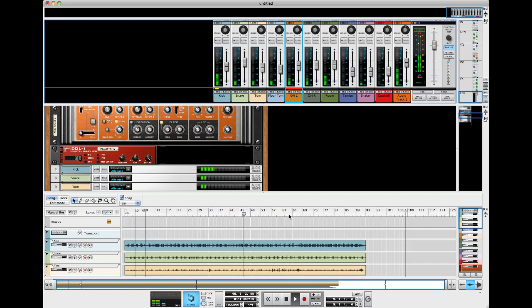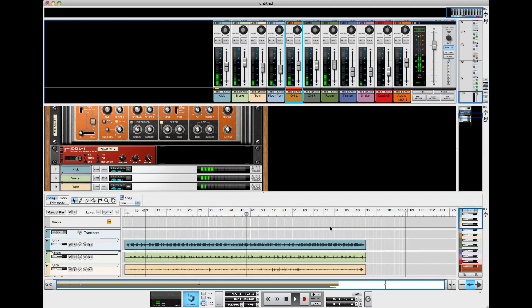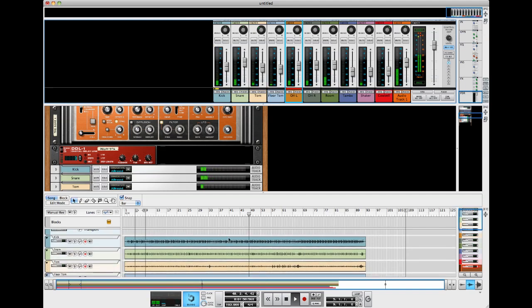Let's look at the arrangement view here. And you'll notice everything is on the grid. Before importing, it's important to set the tempo to the tempo of the session in Reason. So what we can do then is you can loop certain sections of the song if you want. If we go over here and turn loop on, and just say you want to work out some parts or just move some drum parts around and find the right section,